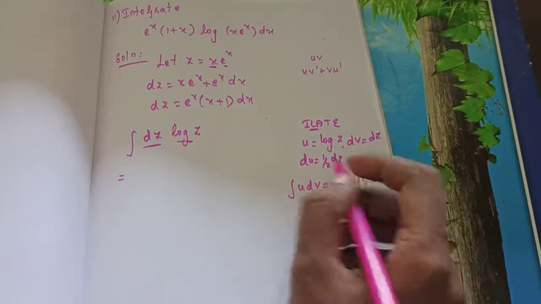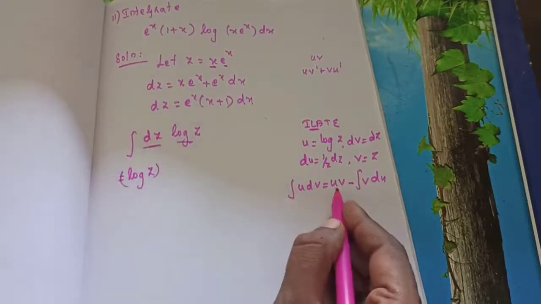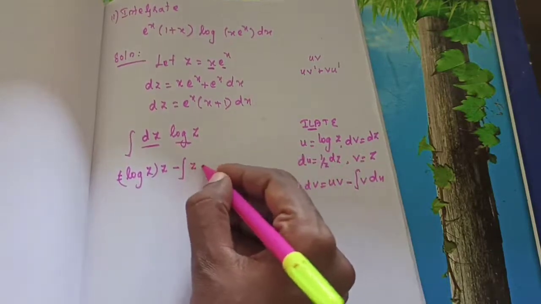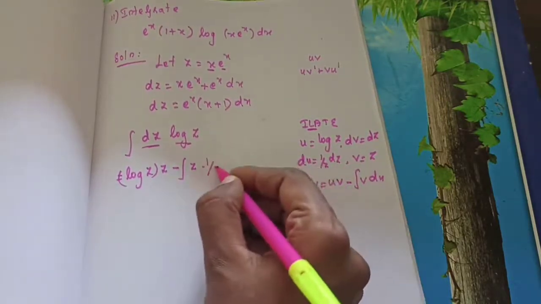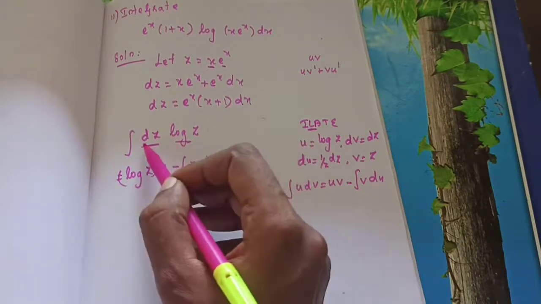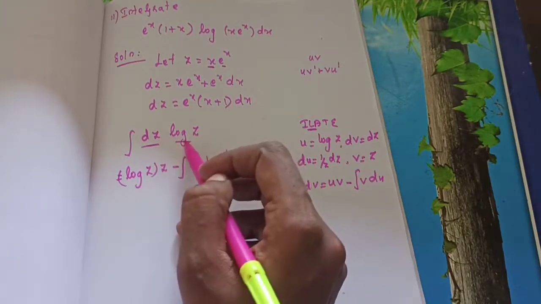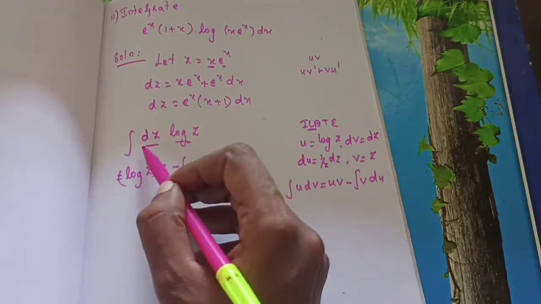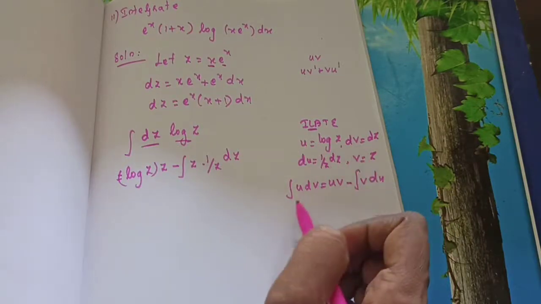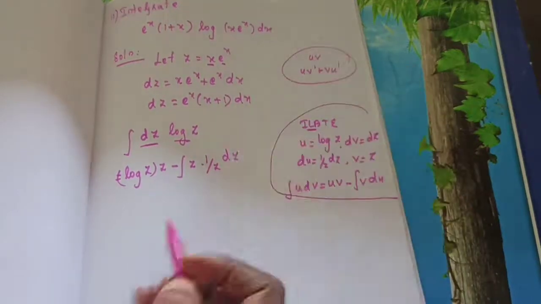Now we are going to substitute again. So log z into v, what's the value? z, minus integral of v value. v value is z into du. du is 1 by z into dz. Again children, listen here very carefully. Here two functions. This is one algebraic function. This is one logarithmic function. So only the logarithmic function we need to consider as u. This we consider as dv. Using that I have found du and I have found v from that u dv formula. This one you learned in the last section. This is the formula for differentiation. This is integration.